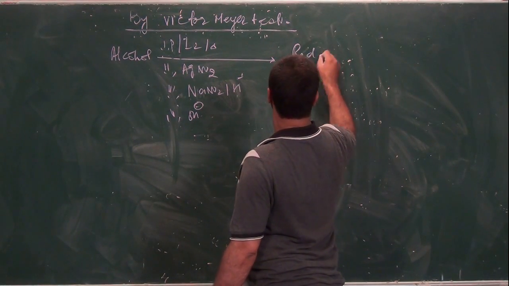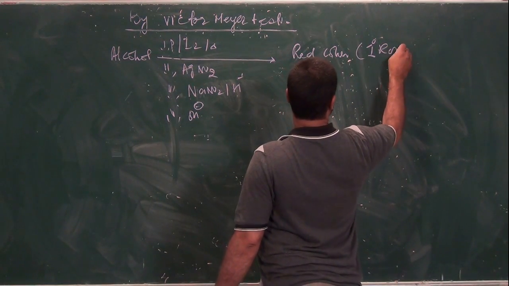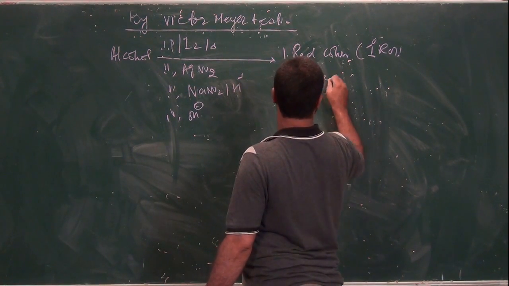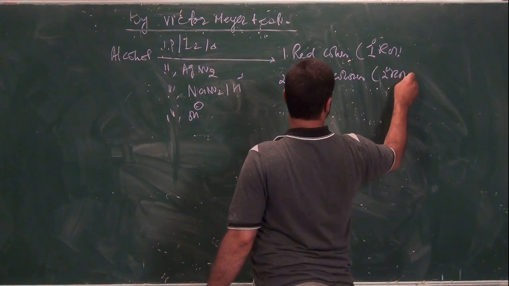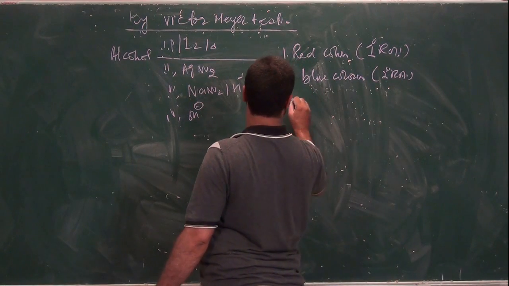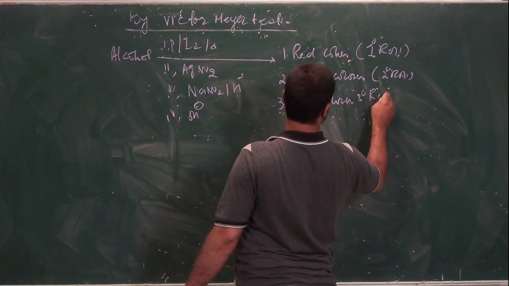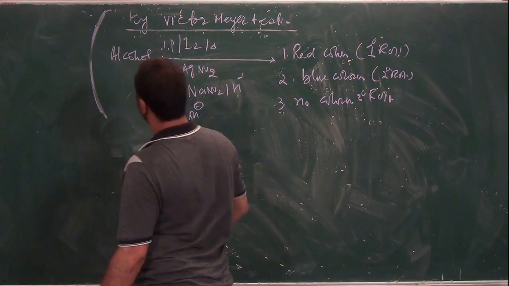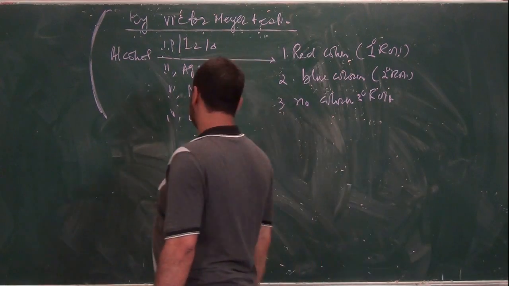Red color, primary alcohol. Blue color, secondary alcohol. No color, tertiary alcohol. My dear students, I have discussed all the methods of distinction of primary, secondary and tertiary alcohols, but